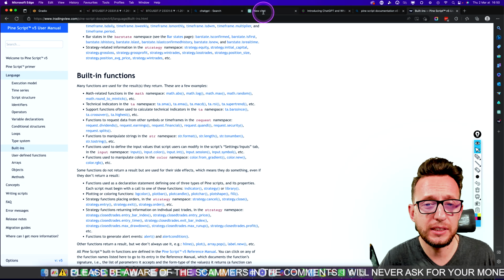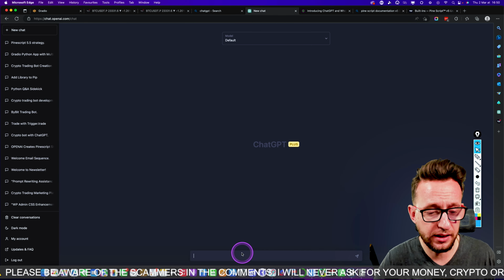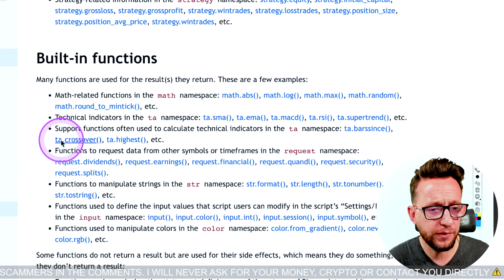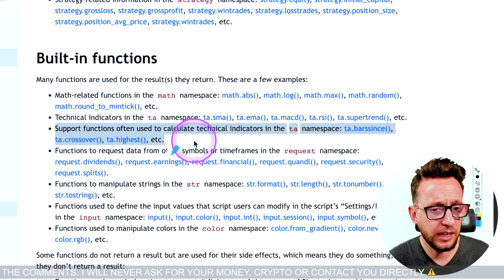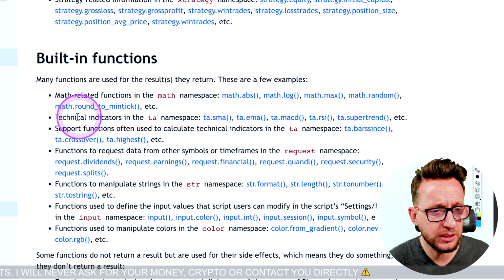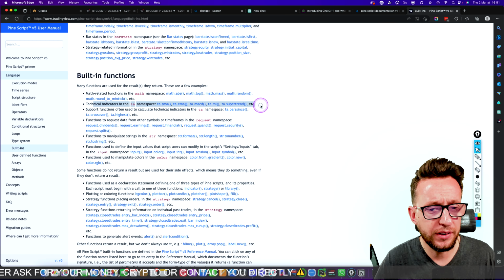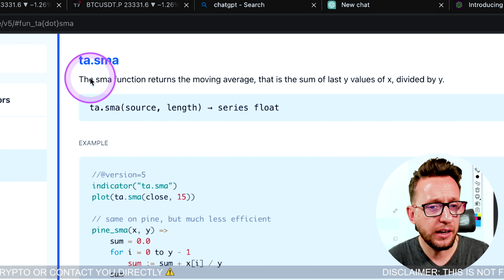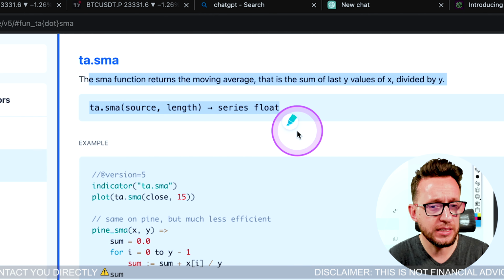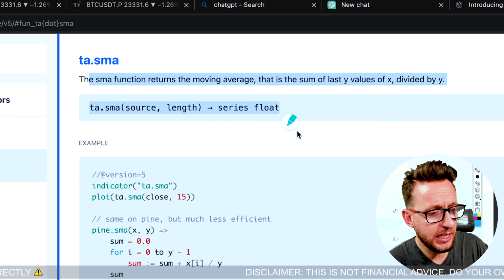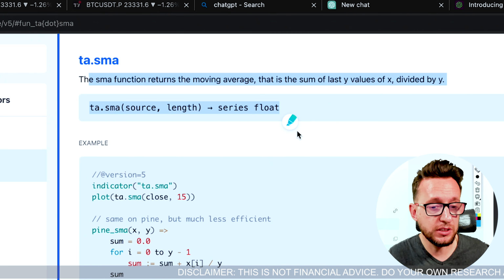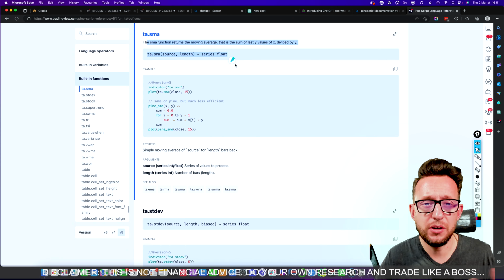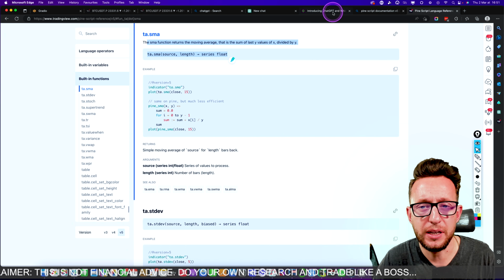So I literally prompted it, telling it that there is an update in the chat box here, and I copied and pasted this line of code here, the functions, and the other line of code, which is this, the technical indicators here, giving it an example of what the old code was and what the new code is, copying and pasting that into ChatGPT, which gave me much better results. Problem is, it's very long and time consuming, so I've been trying to build a background using ChatGPT here,